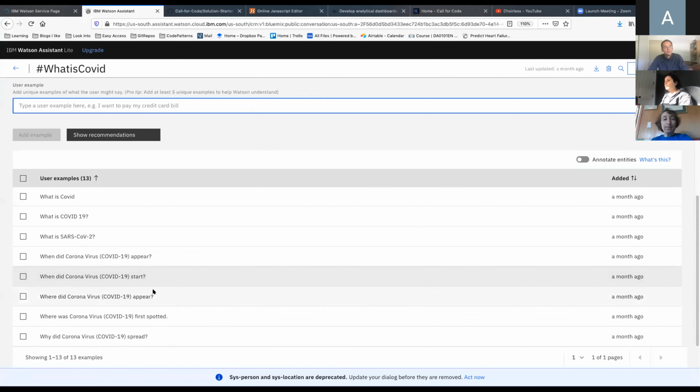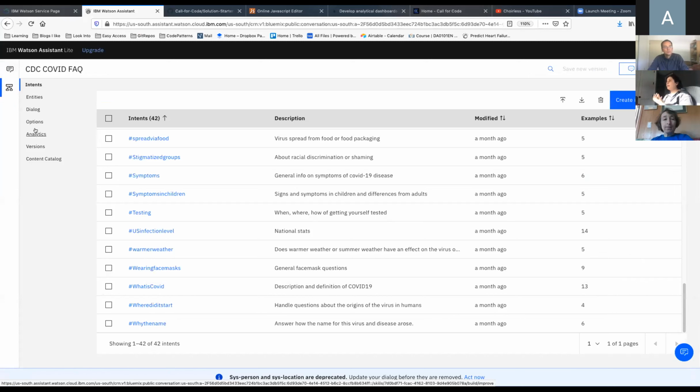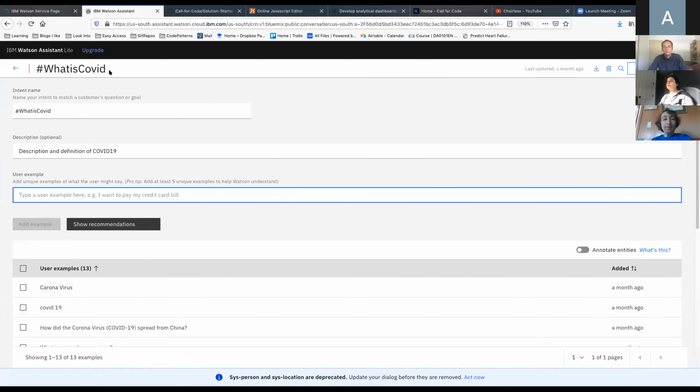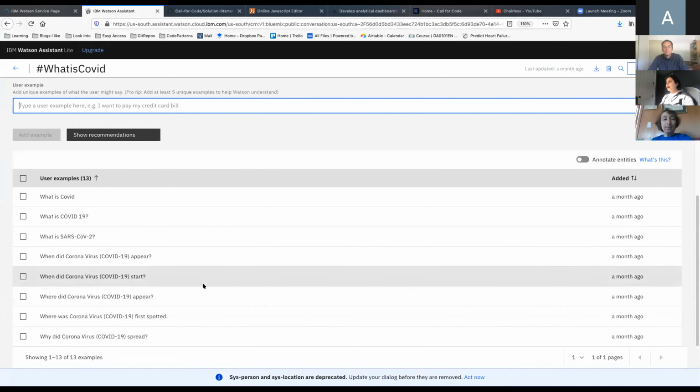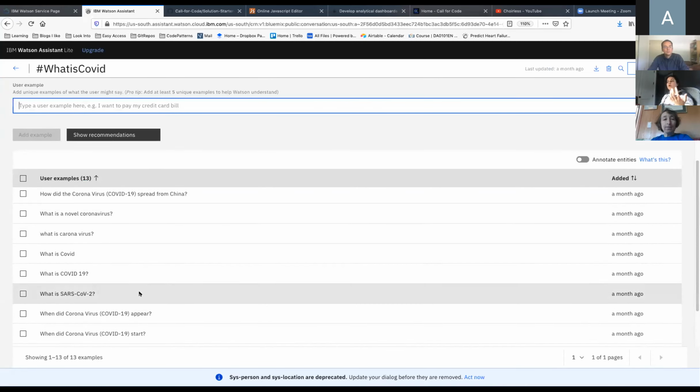And so once you have all of these intents set up, especially if you're trying to create a chatbot on your own, you want to make sure you have enough intents that your chatbot can understand and get stronger with that kind of data. So make sure you have a lot of different examples, especially for a certain topic. For example, what is COVID? I think I have 13 different examples of how someone could ask, what is COVID?